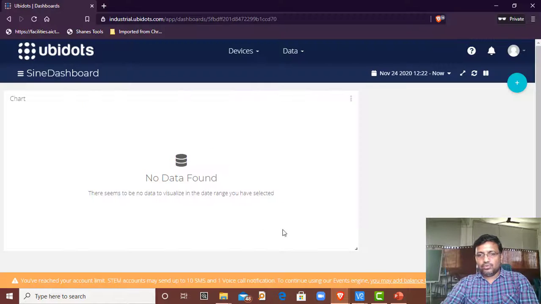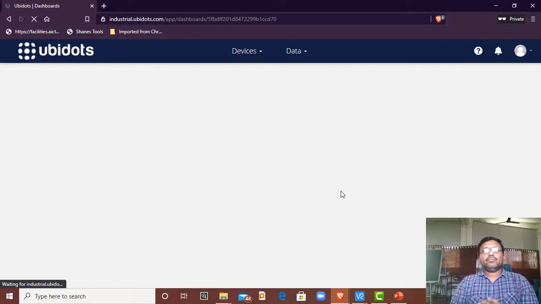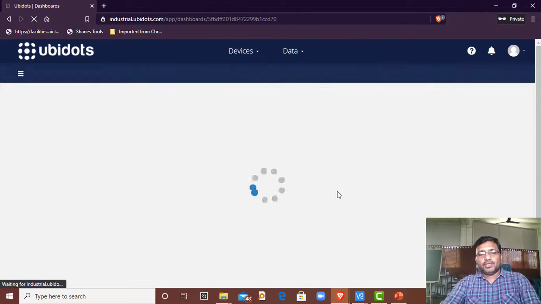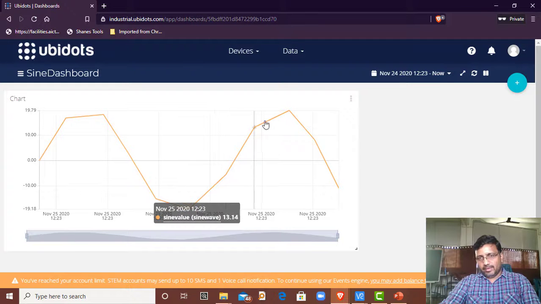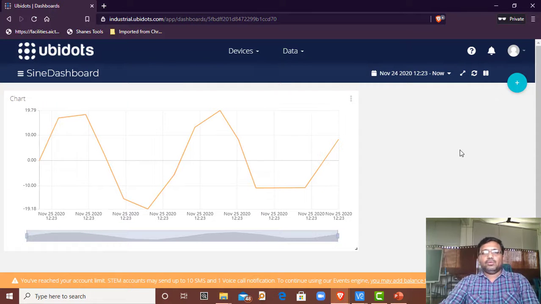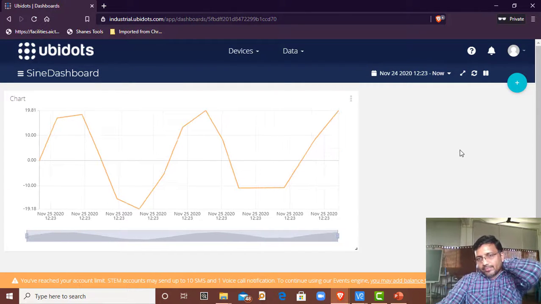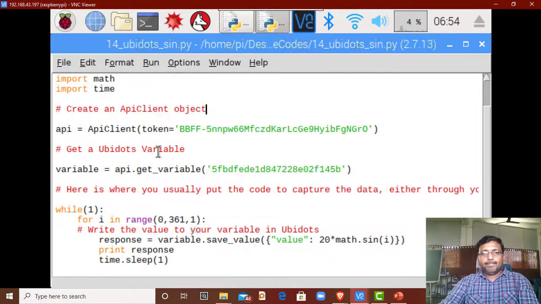So we can observe on the cloud. Here it is, I need to refresh it. Select this and refresh. You can observe the waveform on the display. I'm not writing all the values for every microsecond, that's why it is not a perfect sine, but it looks like a sine. Like this, it goes on updating the values on the cloud. If you want a faster result, you can remove this delay, time.sleep, from the program, so that every millisecond it updates the value onto the cloud.